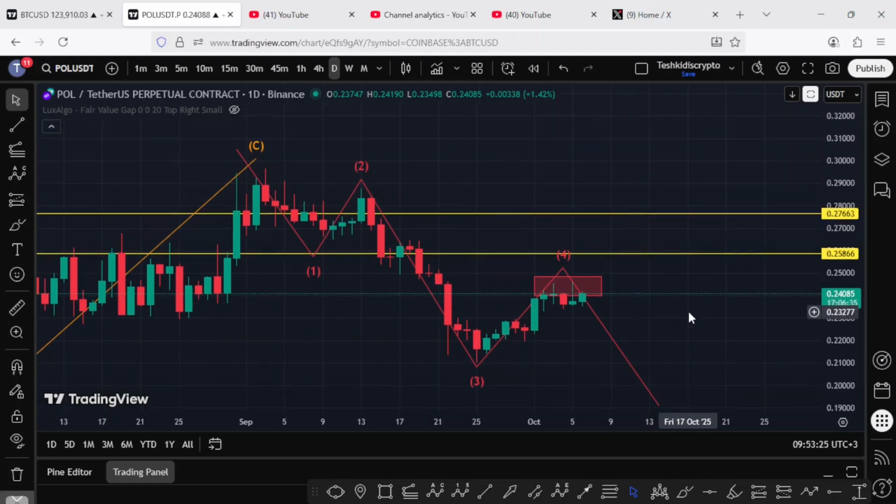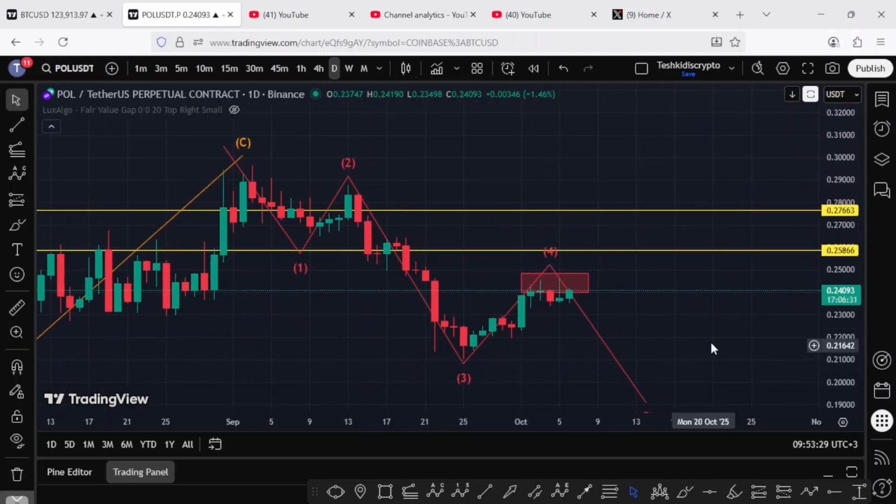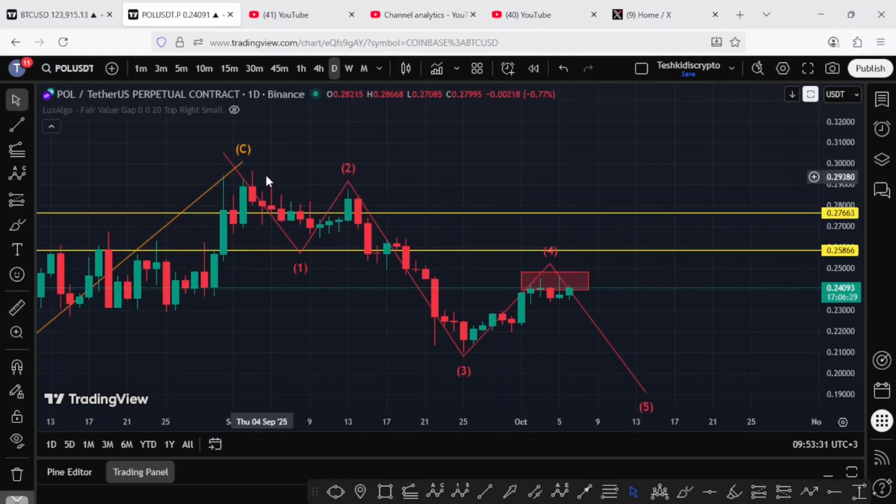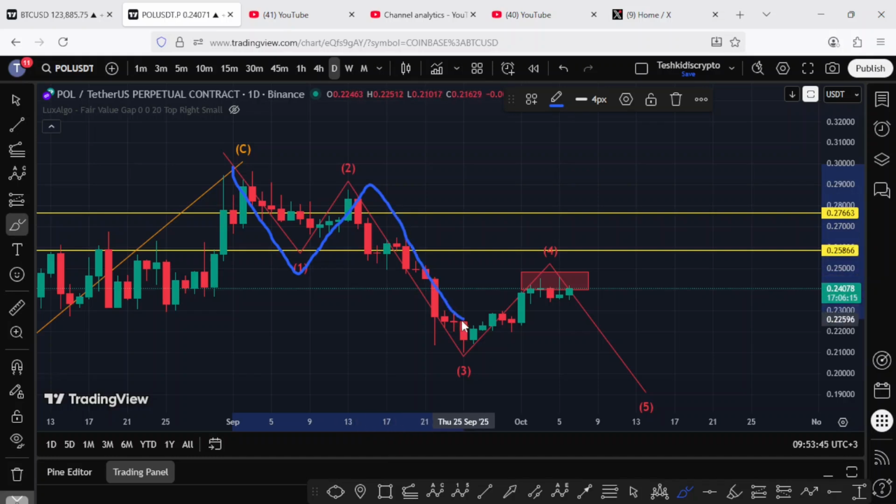And starting the video here on the daily chart, my analysis has been that from the highs we made above the 0.297, I have been observing this 5-wave structure to the downside, terming that initial drop as the formation of that wave 1. We got a bounce in a wave 2, then we saw the pullback in the formation of this wave 3, and after getting the wave 3, I have been expecting a bit of a bounce in the